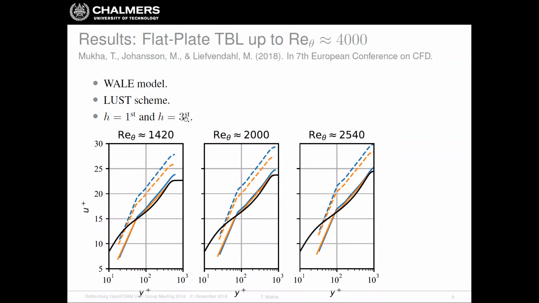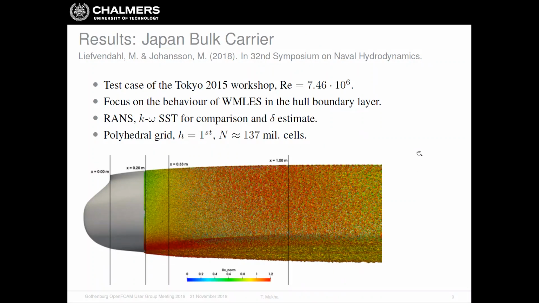But if we sample from the third cell, then we get quite an accurate curve, perhaps a bit too pronounced of a log law compared to what is reality for this quite low Reynolds number, but nevertheless quite good results. And that's all I'm going to say about the flat plate TBL. If you want more results, including the second order statistics of velocity, you can check them out in the paper.